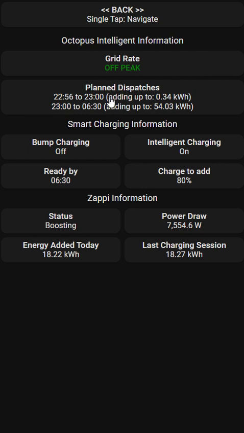And then these are the dispatches, i.e. when the energy is coming into the car. So at the moment we're getting energy from 11 o'clock to 6:30, and we'll get about 54 kilowatts of energy coming through. This is the smart charging information from Octopus, and then down the bottom I've got the Zappi information,